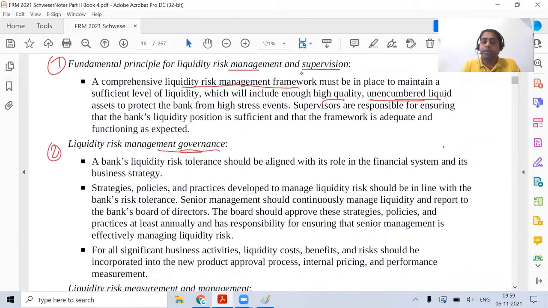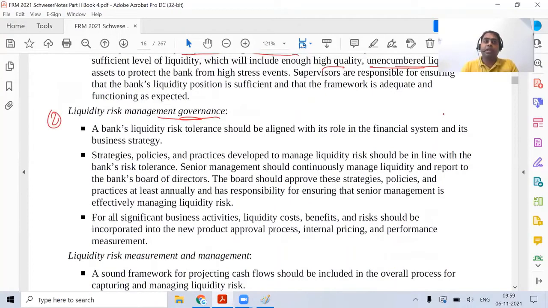Okay, within the banking system, not only at the supervisor level but also at the bank level, you should be making sure that whatever framework you have, whatever practices are standard across the banking system, are being followed in the bank or not. And more importantly, there's one important line here which says whether that policy, procedure, everything is in line with the bank's risk tolerance level.